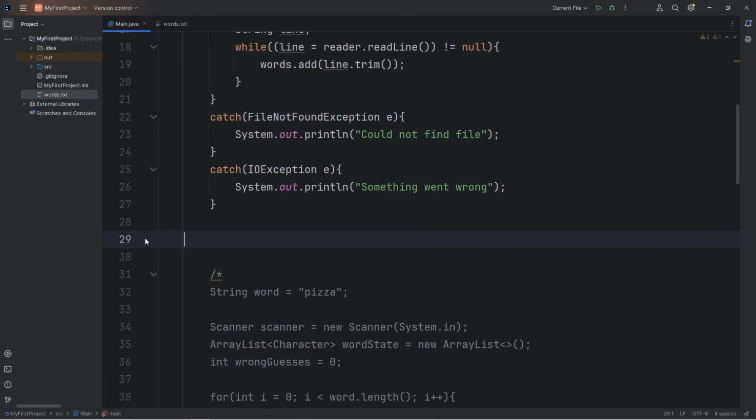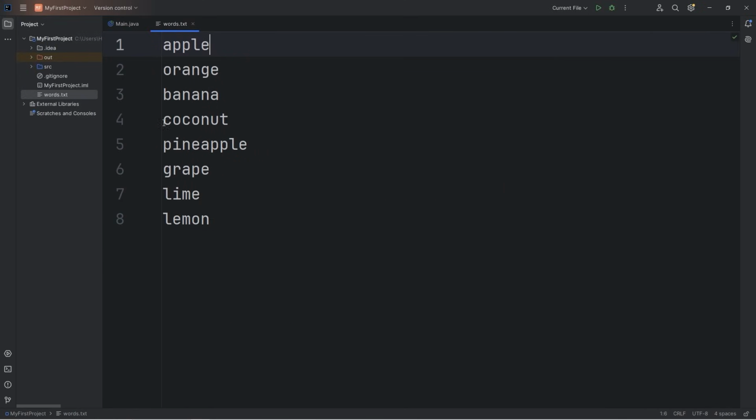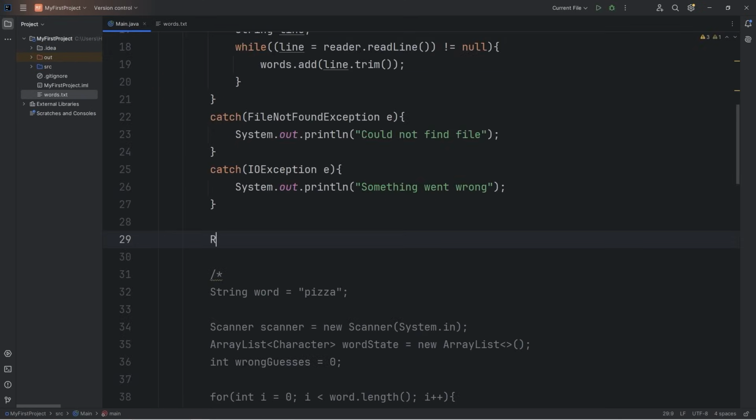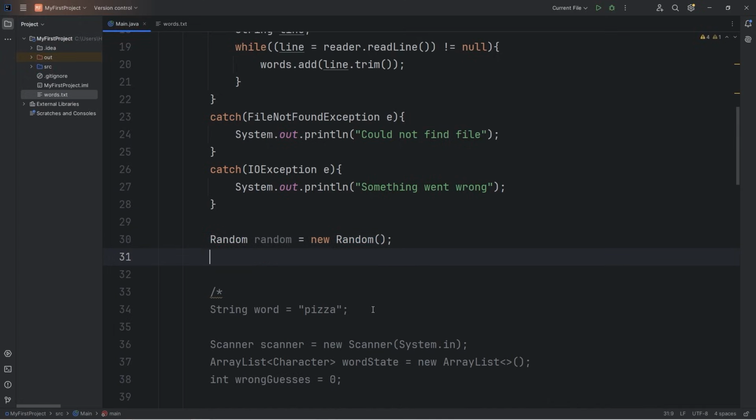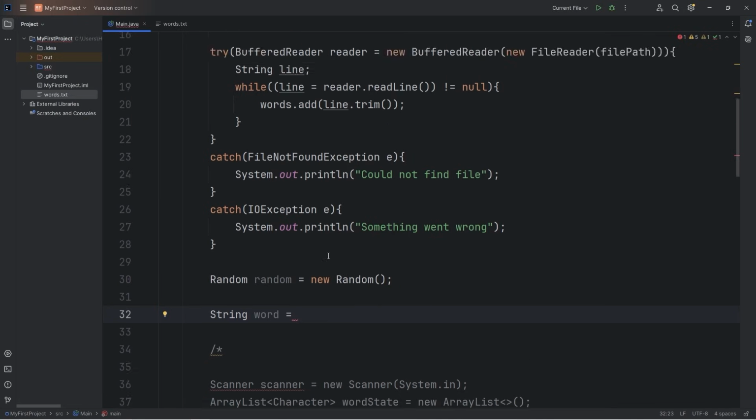Let's delete that line. We're going to choose one of these words at random. We'll need a random object. Random equals new random. Import the class. Here's where we're going to choose our word. I'm going to copy this from the previous code and paste it. Rather than setting our word to be a hard-coded string, we're going to take our array list of words,